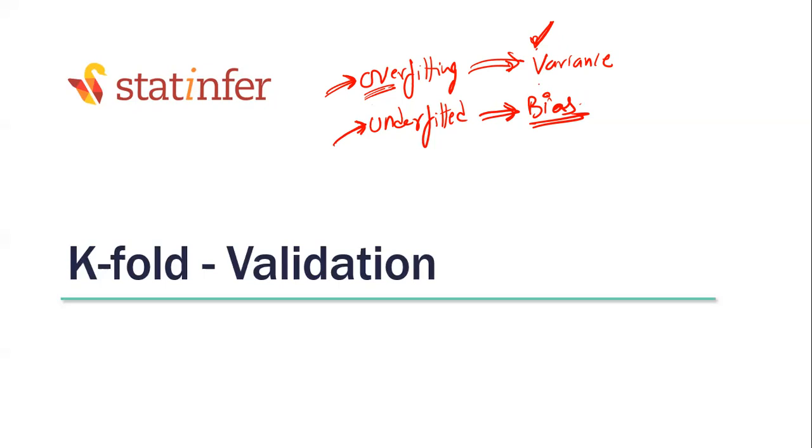The final model that we will be building should have neither variance nor bias. It should be optimal. So finding the optimal value is known as the bias-variance trade-off. Trade-off means neither high bias nor high variance. The model should be an optimal model. That's what the bias-variance trade-off is. The one that is easy to understand in general terminology is overfitting and underfitting, but in academics, these are the terms that are used. As soon as you see variance, connect it to overfitting. Bias, connect it to underfitting. It should be fine.